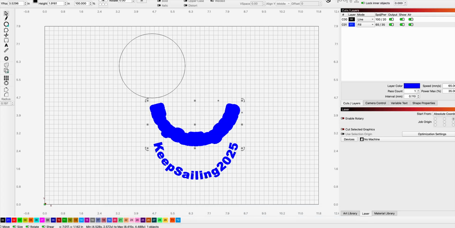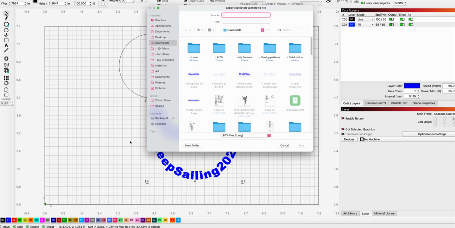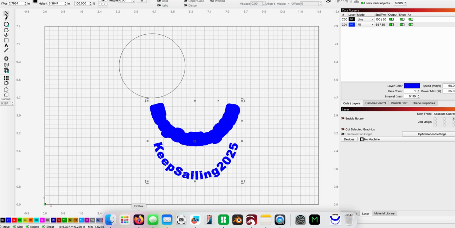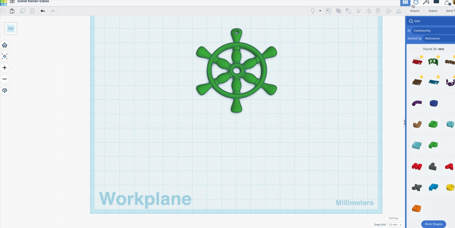So I will save these in Lightburn for me to export. All right, and then I'll go back to Tinkercad and import,